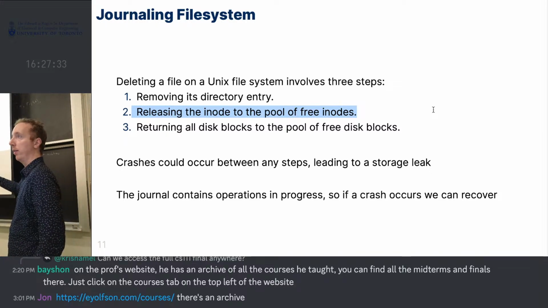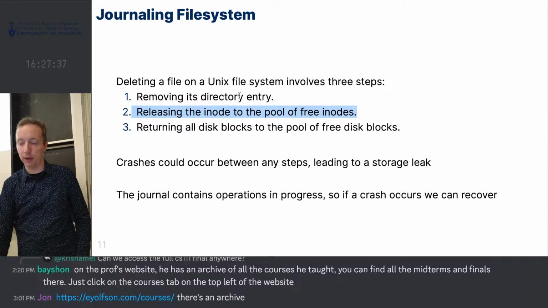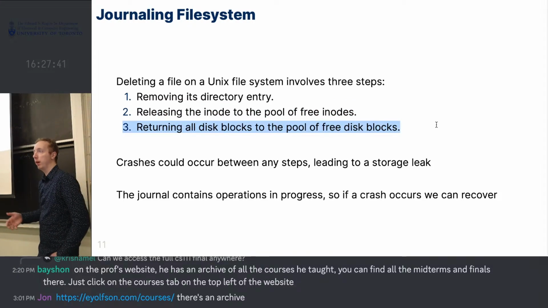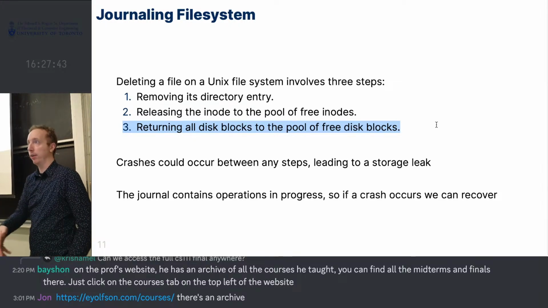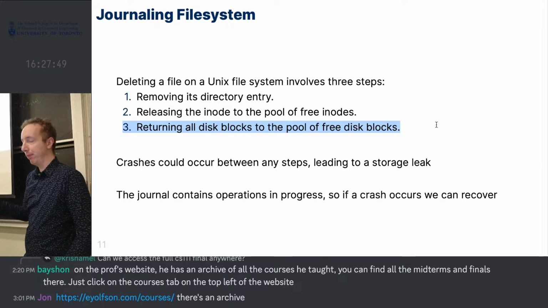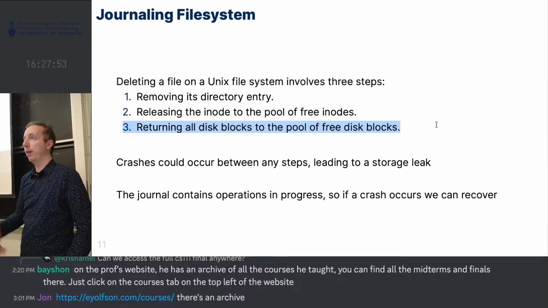So in this case, it would change that inode from a 1 to a 0 since it's not being used anymore. And then we would also need to free any of the disk blocks that that file uses because, well, we're not using it anymore. So if it used physical block 6, 8, and 10, for instance, we would have to set those as freed